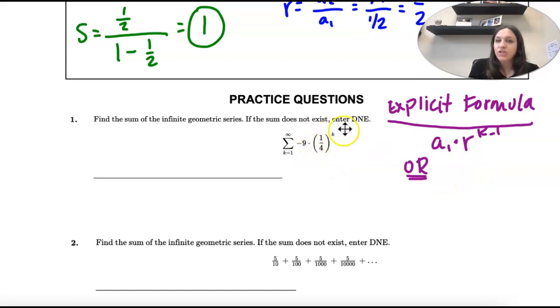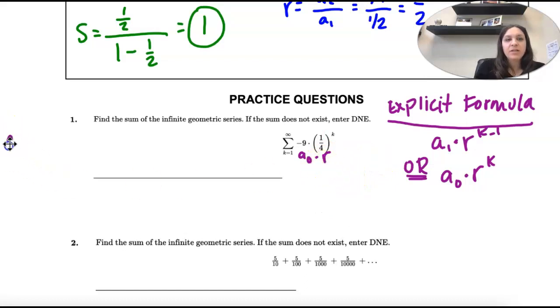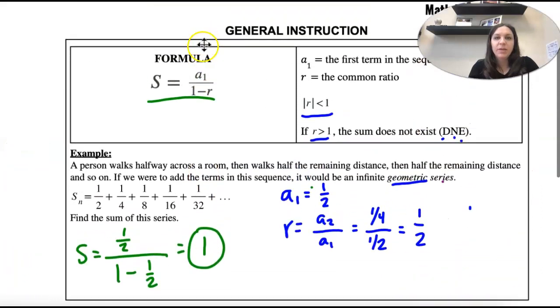So when it's just k, it's actually what we call the zero term, or the y-intercept, times the ratio to just k. So in this formula, -9 is not the first term, it's the zero term, and then r is the common ratio. So if you think about a sequence, our zero term, or our intercept, is -9. To find the sum, we have to use this formula